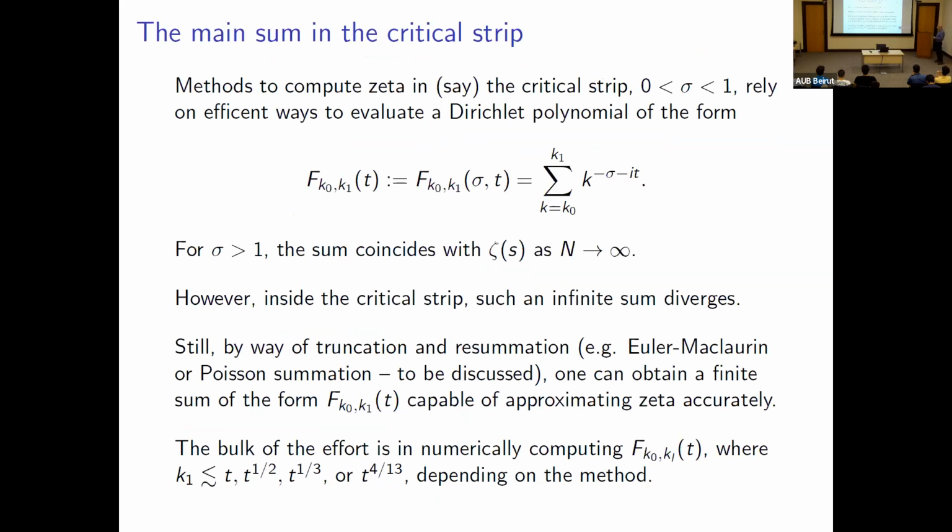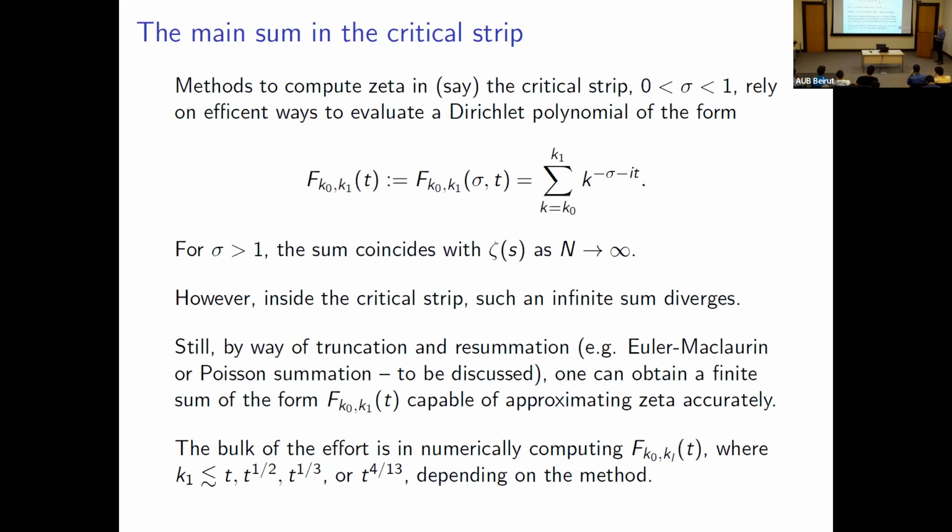Okay, well, to compute zeta in the critical strip, to simplify things a little bit, here's the main sum that we need to numerically approximate. It looks like a finite version of the Dirichlet series that defines zeta originally. So it's like k to the minus s, where s is equal to sigma plus it. So if you take the sum between k0 and k1, and there's a typo here, I mean as k1 goes to infinity,